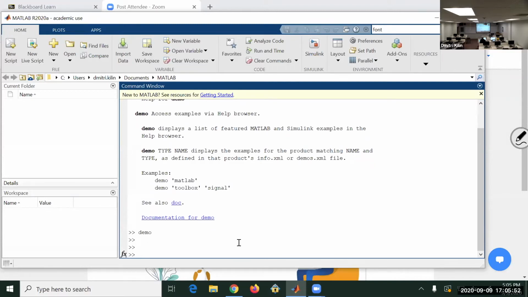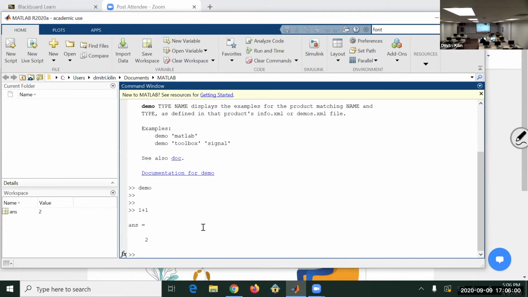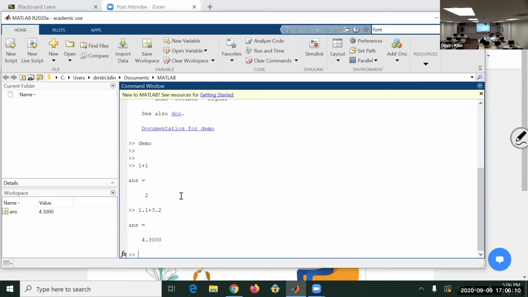So let's try to do simple things. Matlab can be used as a calculator. If you type 1 + 1, it will answer. And anything you may need, it does. So you just do some arithmetic and it will work, right? So just try some examples, and we are looking forward to the